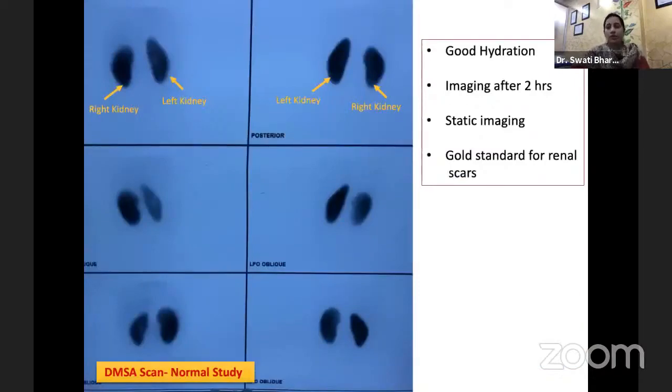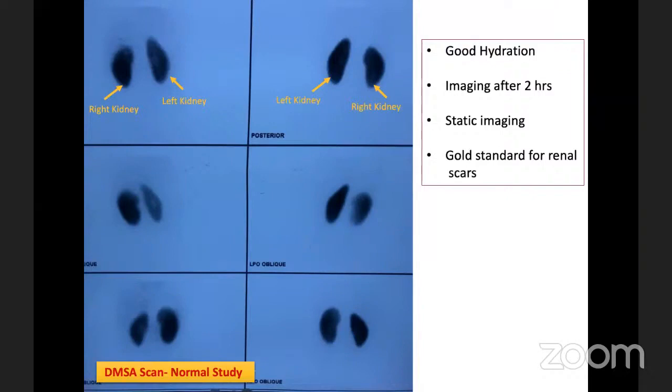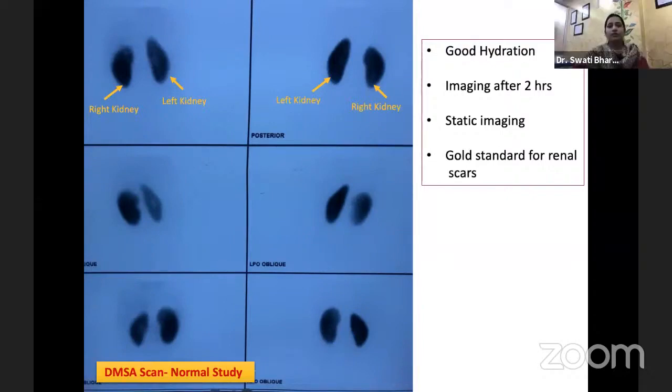So how is the procedure performed? The patient arrives at the hospital with a prior appointment. The only thing to take care of is that good hydration should be maintained for these tests. No fasting is required. After placing an IV line, the radiotracer, a dose calculated according to the weight of the child, is given. After injection of the radiotracer, a time of 2 hours is allowed so that the radiotracer is taken up by the kidneys and gives a good image. After 2 hours, a static image is obtained. The child lies down in the scanner and images are obtained in different planes. So this is the anterior image, this is the posterior image, and anterior and posterior right and left oblique views are also obtained.